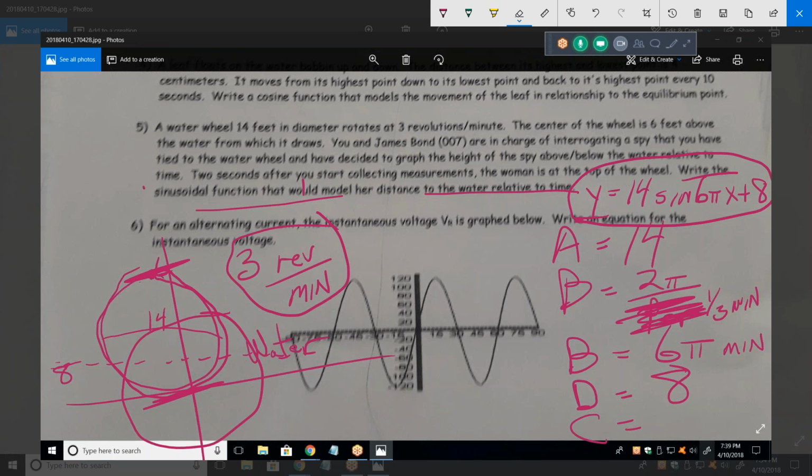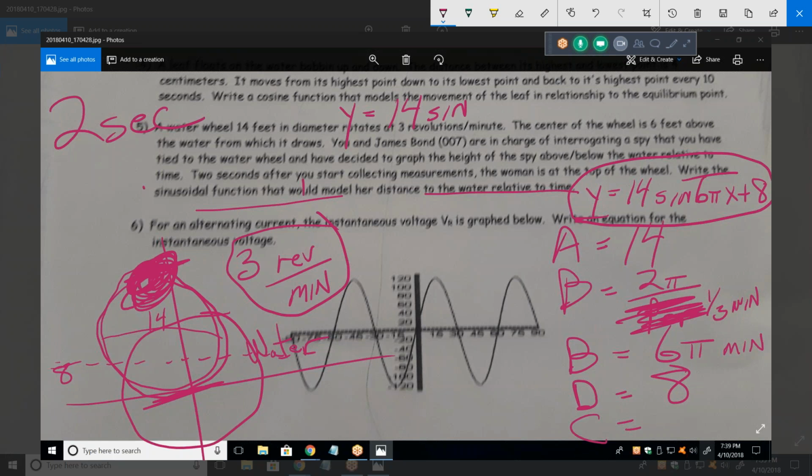So it says 2 seconds after you start, the woman is at the top. The woman that you're torturing is at the top of the wheel. So she's up here. So the height, which at this point in time is equal to 14 times sine,